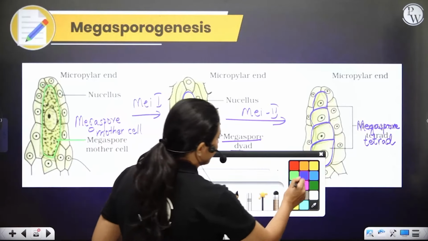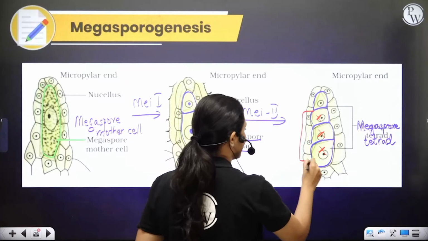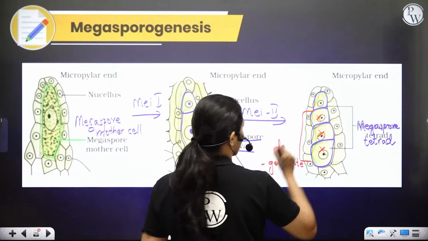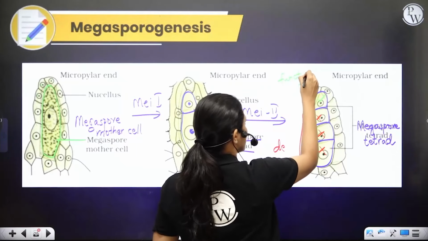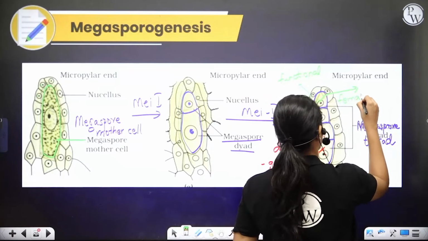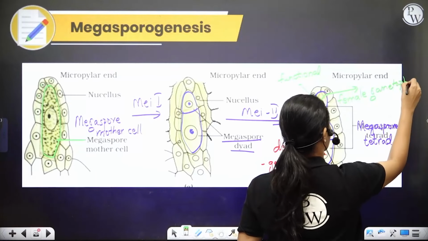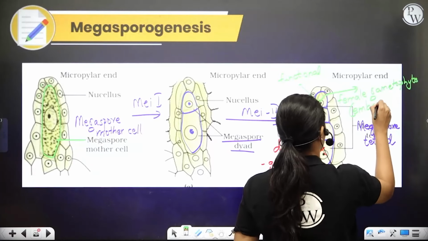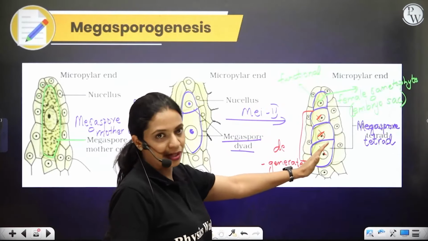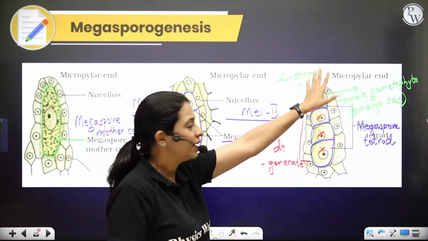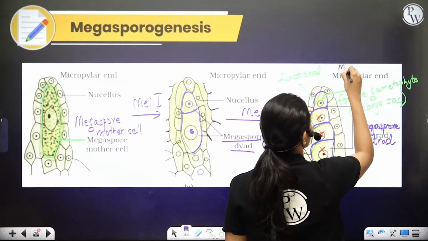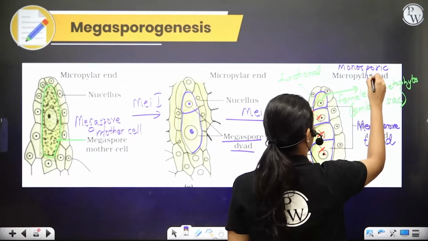Now, among these 4 megaspores, 3 megaspores that are present towards the chalazal end will usually degenerate. And there will be only one functional megaspore. And this one functional megaspore will form the female gametophyte or embryo sac. Okay, since over here of the 4 megaspores that are formed, 3 will degenerate, only 1 will remain functional, that will form the embryo sac. We call the development of embryo sac as monosporic development. So this is monosporic development